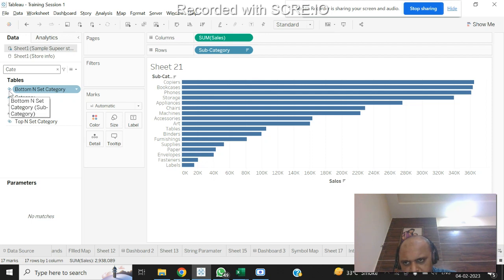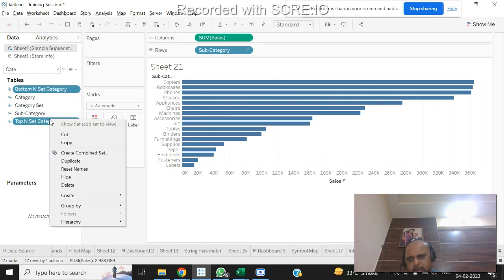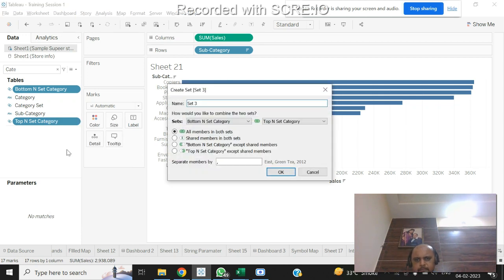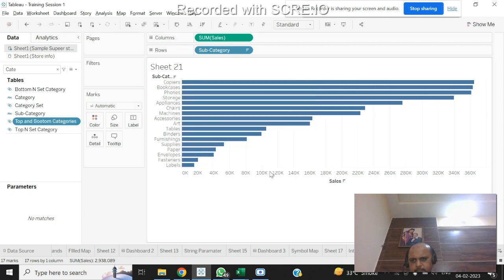So when you create a set, this is the icon that it creates, and this is the way to identify that it's a set. Now I'll create a combined set based on this. I'll select both, right click and say combine, and I'll give the name as top and bottom categories. Now if I put this in the filter,